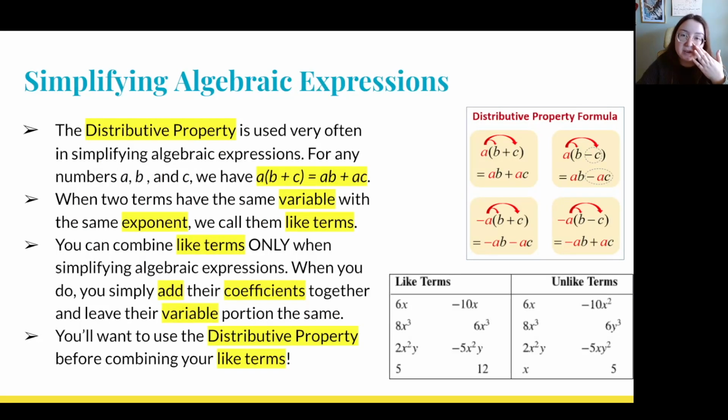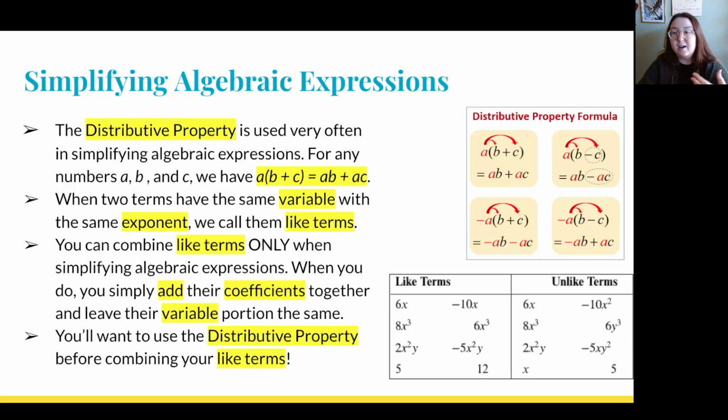Now, when it comes to simplifying algebraic expressions, we have a couple things we want to keep in mind. The distributive property is used very often in simplifying algebraic expressions. So for any numbers a, b, or c, we would have a times the quantity b plus c is equal to a times b plus a times c. We see there is a little chart there for the distributive property formula. Your distributive property allows you to take a term that's being multiplied